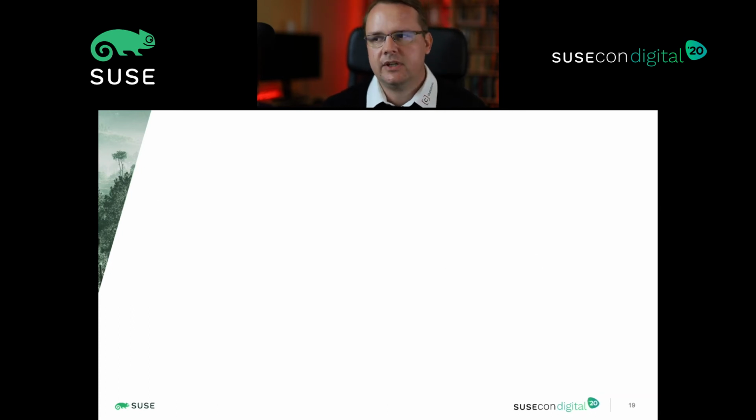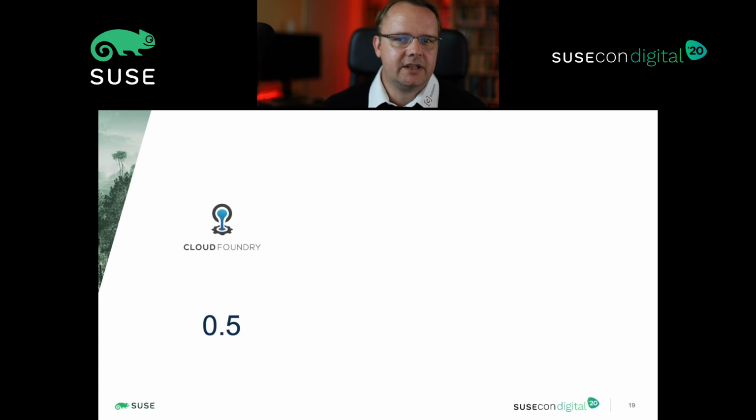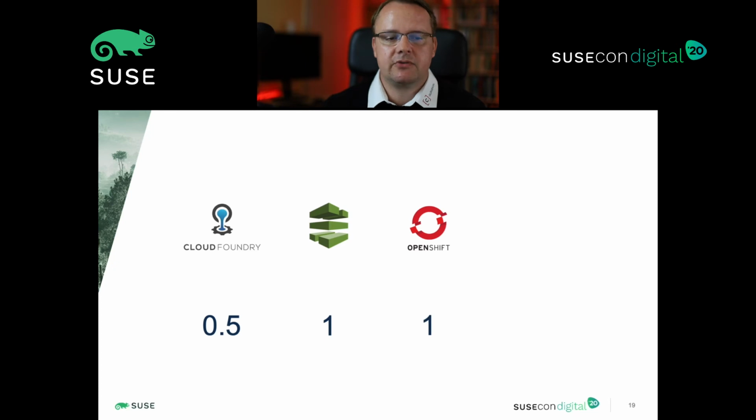Having said that, we then can again give some points. So Cloud Foundry gets half of a point because the latest iteration supports containers. Previous iterations, not so much. Cloud vendor specific offerings get a point because they have a lot of Kubernetes support built in and container support built in as well. The same is true for Red Hat's OpenShift as well as SUSE's Cloud Application Platform.